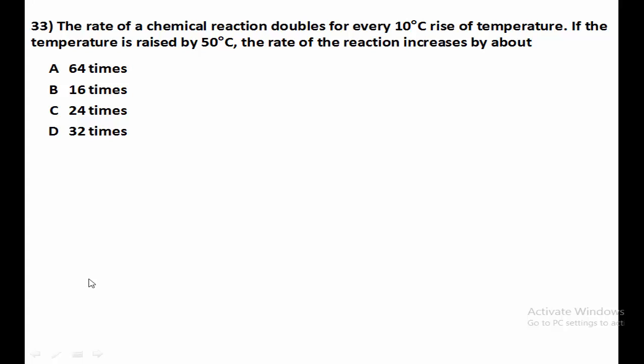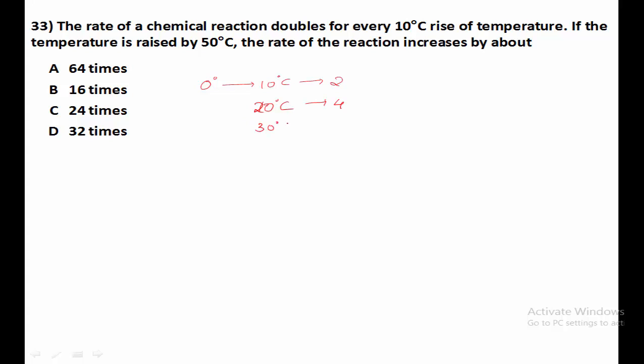So this type of question we have already solved in a previous video. Again, here what they have given means for every 10-degree rise in temperature, the rate of reaction gets doubled. So if I increase the temperature from 0 degrees Celsius to 10 degrees Celsius, the rate of reaction gets doubled. So at 0 degrees, if it is 1, then at 10 degrees Celsius, it will be 2. Then if I increase further 10 degrees Celsius, say 20 degrees Celsius, then it becomes 4.